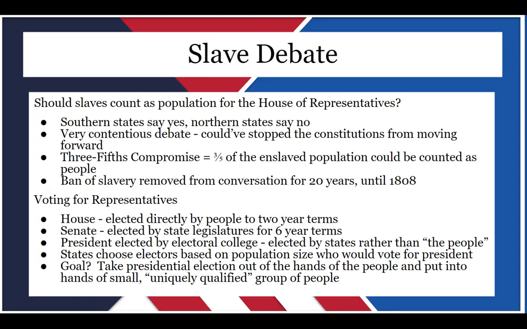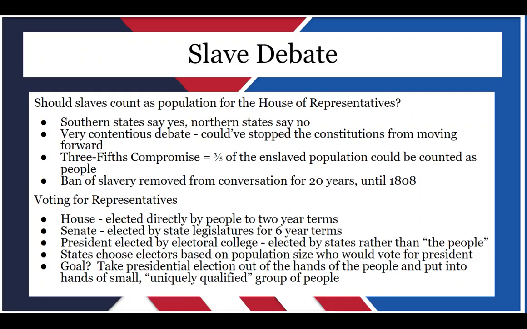And at this point, most of the Southern states' representatives were okay with this because Southern states gave enough care to their slaves that they were reproducing, that they were having children. And then this, of course, introduces the new evil of Southern states being able to steal slaves' children and sell them. But the ban on the slave trade is removed from the conversation for about 20 years, and it's set for 1808 that the slave trade will be banned.